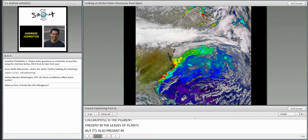Now, these little tiny organisms are the base of the ocean food chain. So what they do is they use sunlight to grow and build their bodies, and then other creatures like fish eat those phytoplankton and grow themselves. We actually can build satellite sensors to detect the presence of chlorophyll. So in this area, what we're seeing is higher and lower densities of chlorophyll, which indicates where lots of microscopic